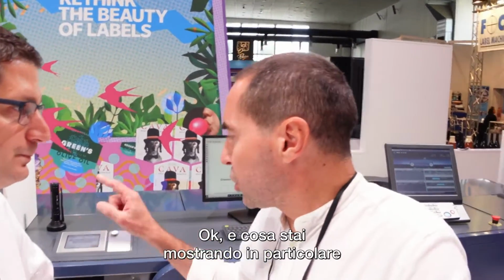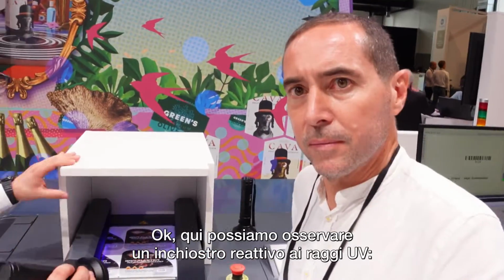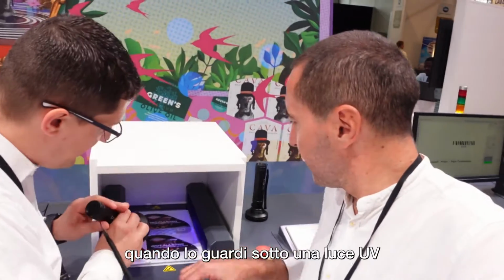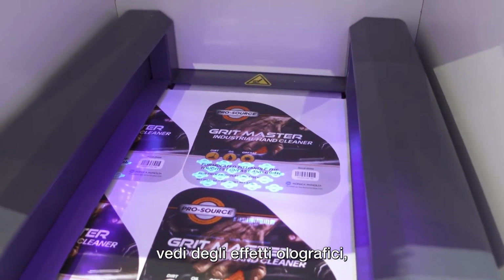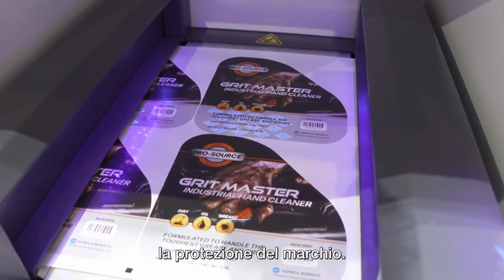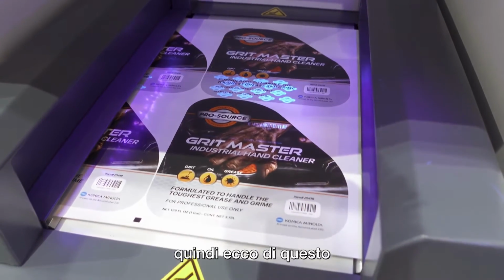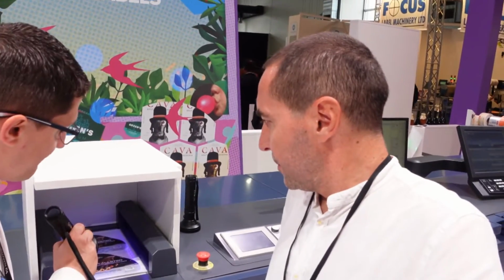Okay, and what are you showing in particular at the Label Expo? Okay, so here we need to look at the UV ink itself. When you look at the UV lights, you see both barcoding features and holographic effects, from a security perspective, to have brand protection. So here, for the Pro Source application we showcase, it's so that nobody can copy your branding and you are able to secure and trace your own individual labels